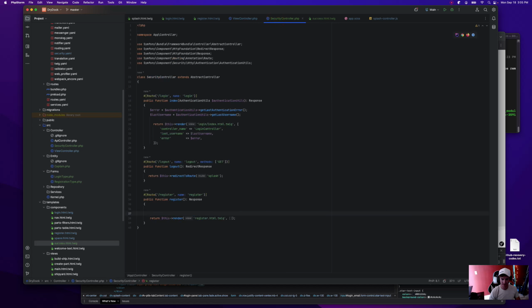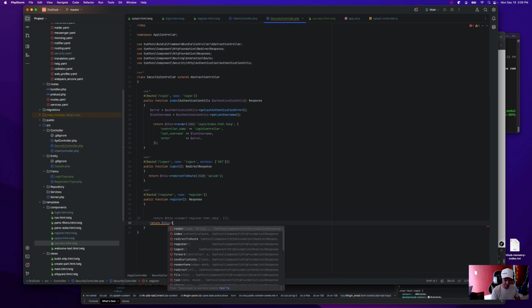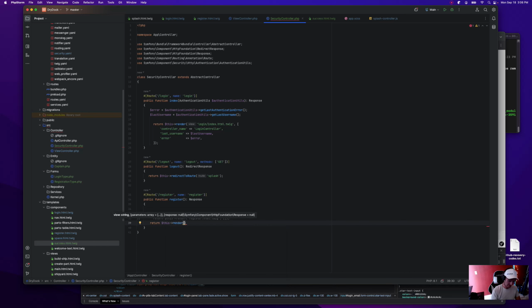So in the security controller, on success, we want to do, we're going to use this later, the returning the form where there are errors. We're going to render, and I might just clean that up on my own when I have some time. Where did I put success? Yeah, that's fine.